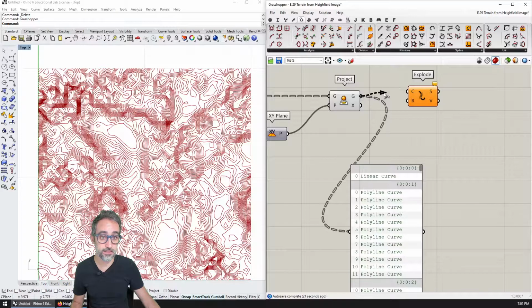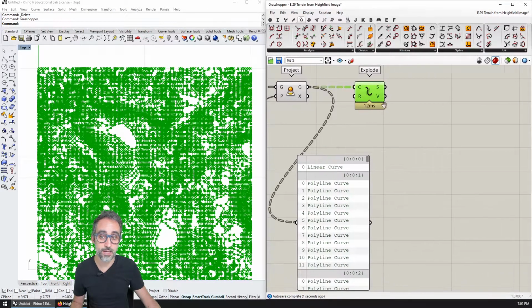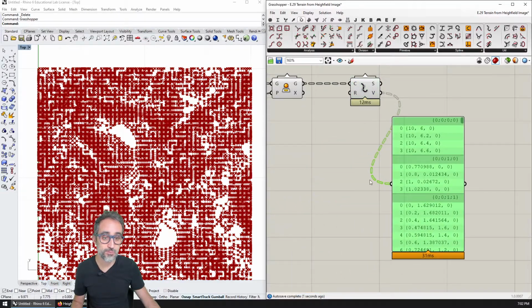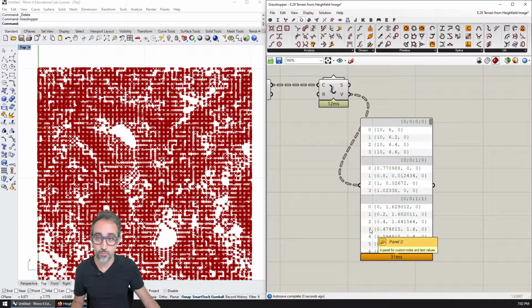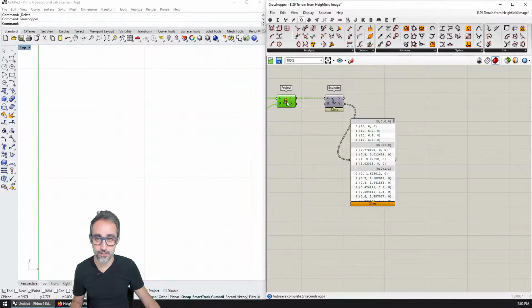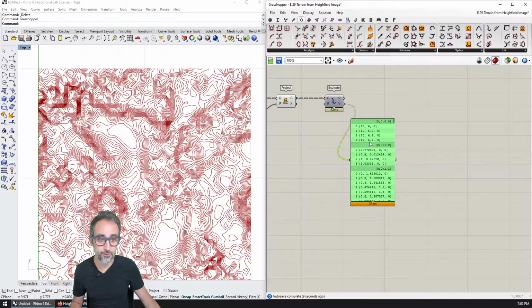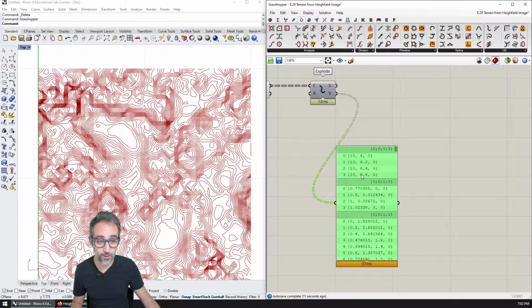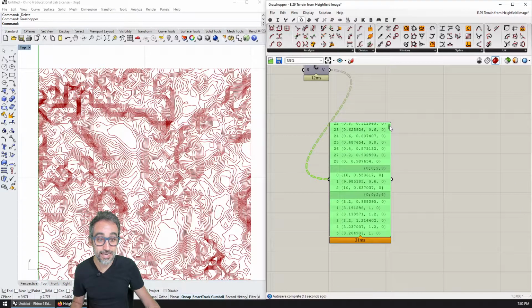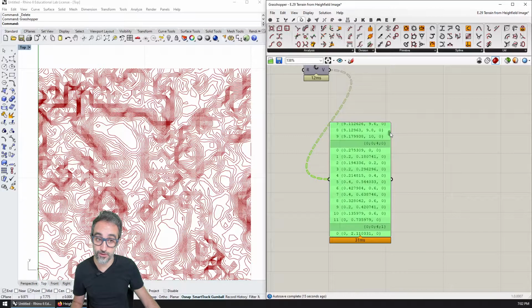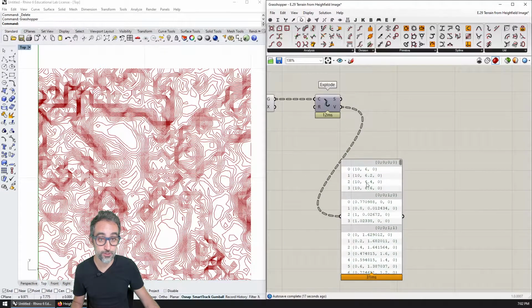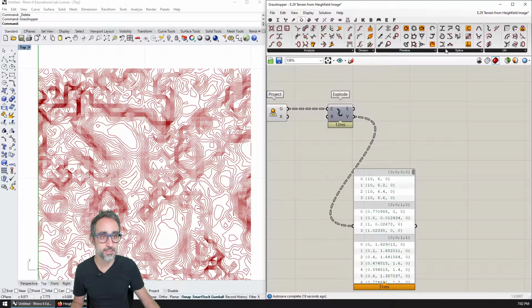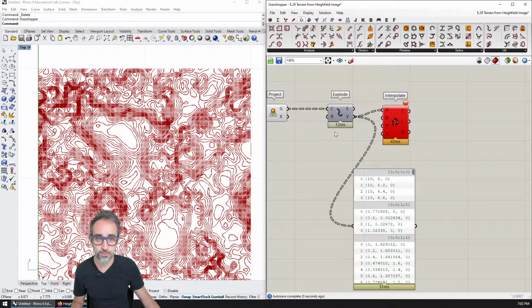So I'm going to explode them, and I'm going to obtain all the vertices for each one of the sections, for each one of the polylines. And now I can take each one of those lists of vertices, which are very conveniently organized in branches, and just pass that through an interpolated curve, and the result will be something like this.